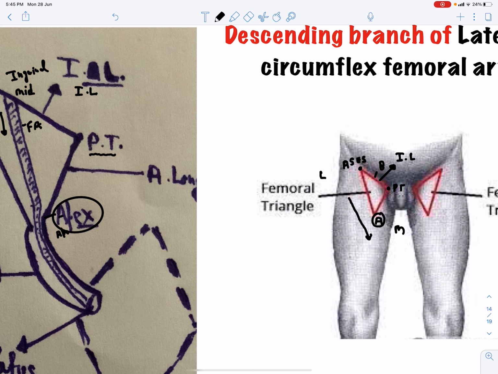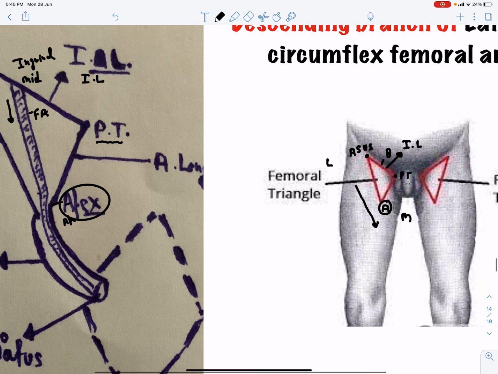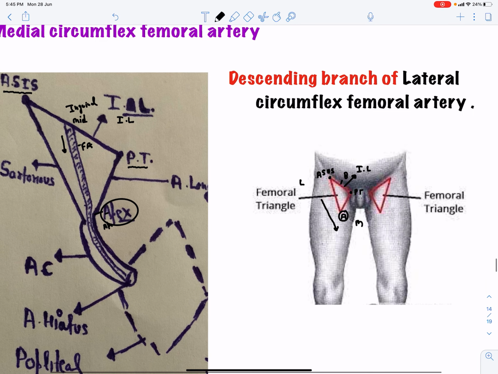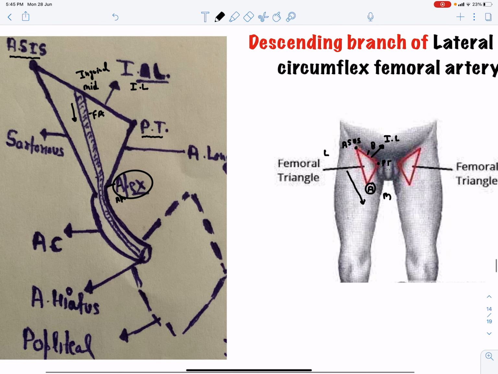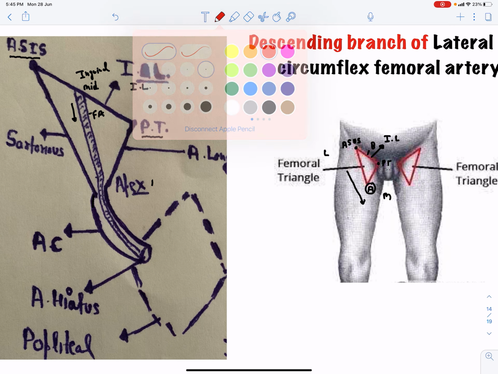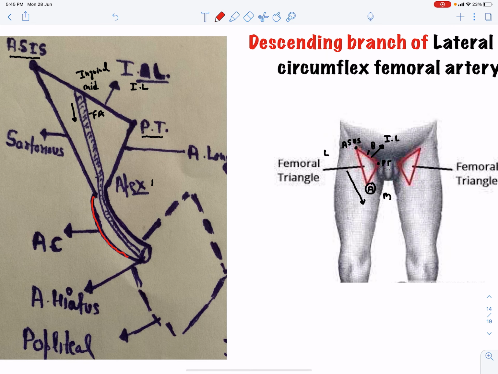This side we have the lateral side. So the apex is directly downward as well as medially. And the apex is going to continue. The apex of the femoral triangle is going to continue with one canal here. See this canal, I'll use red color here. So the apex of the femoral triangle is going to continue with one tunnel or canal. What name is given to this canal? This canal is called the adductor canal.